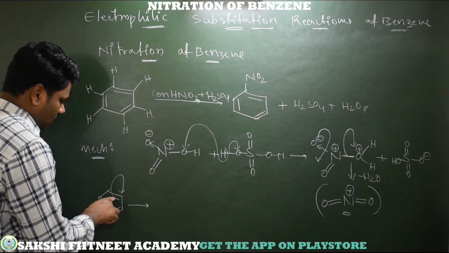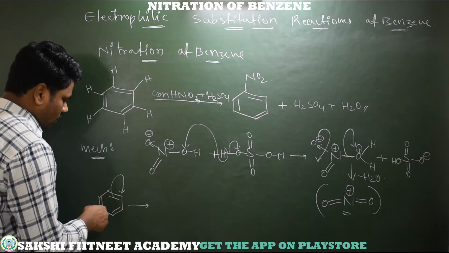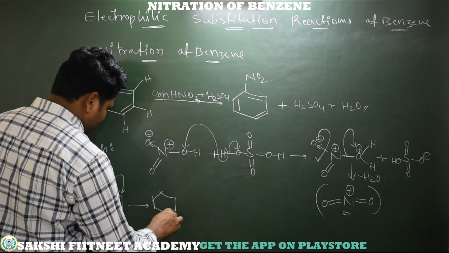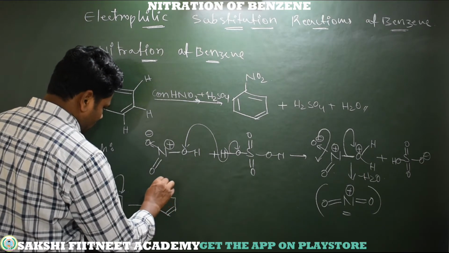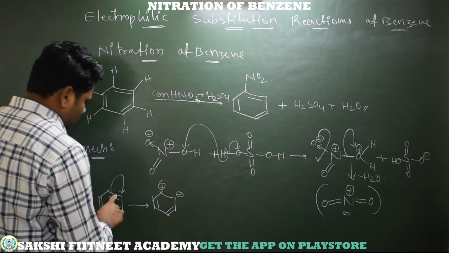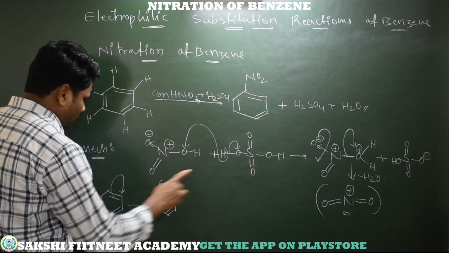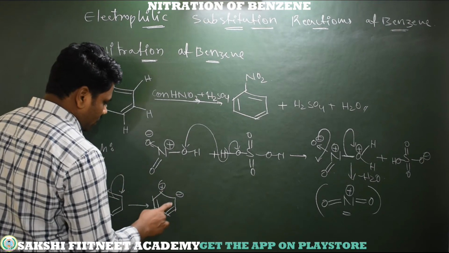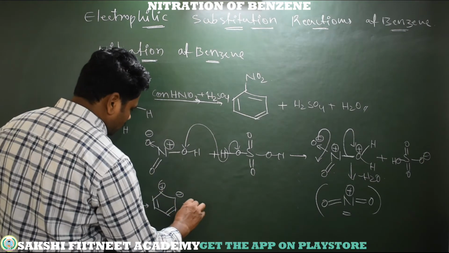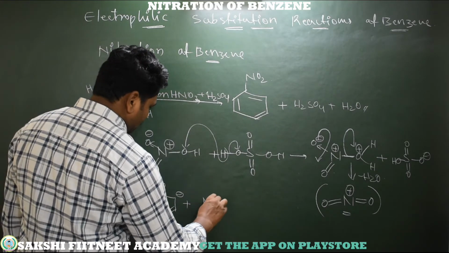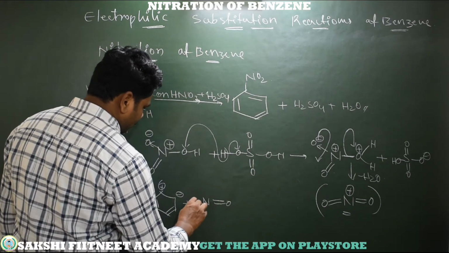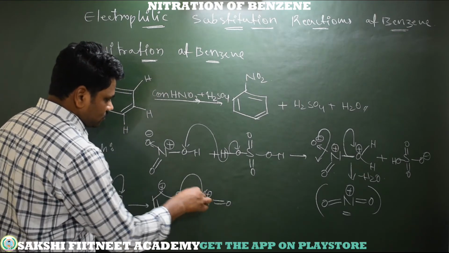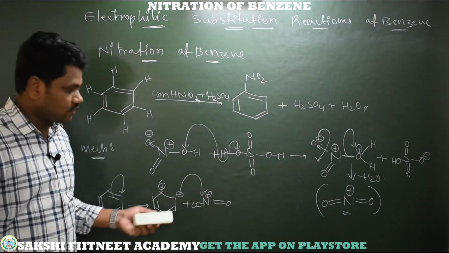effect, and these pi electrons are shifted to one side, that is called electromeric effect, and this carbon gets positive charge, see here, and this is the negative charge. So when we are taking that electrophile, obviously this bond shifts towards one carbon, it becomes negative. Negative means here we have 2 electrons. So simply here there is NO2 plus, which is electrophilic in nature, abstracting electrons from this carbon.